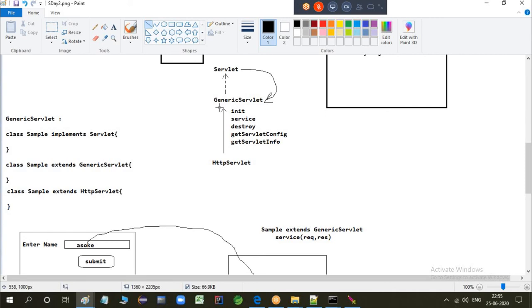Now the question is, when we already have GenericServlet, and we can extend GenericServlet and override the service method and develop a servlet, then what is the purpose of giving HttpServlet? This is the last class we need, that they are extending, and what they are doing is not only